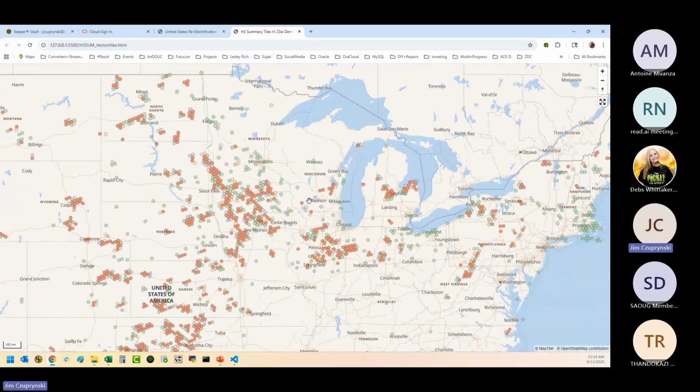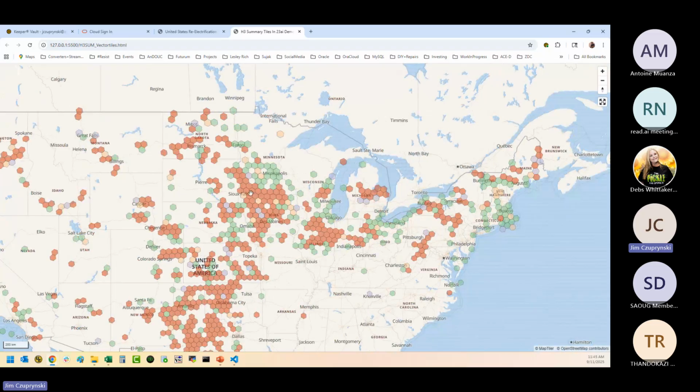What you're really seeing here is not what points are here, what values do they have, but a concentration, right? A darker red through yellow, through purple, all the way to green. Darker red means more stuff, more wind turbines, as compared to what? To all others in the set.